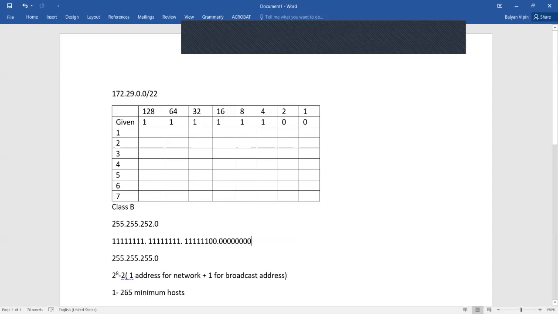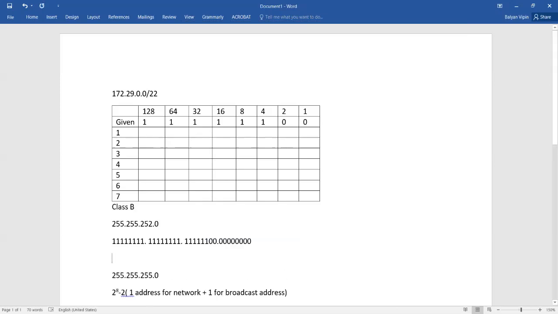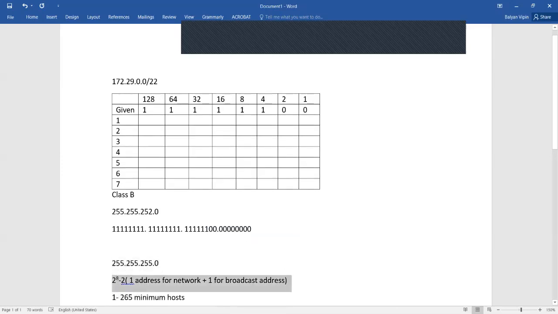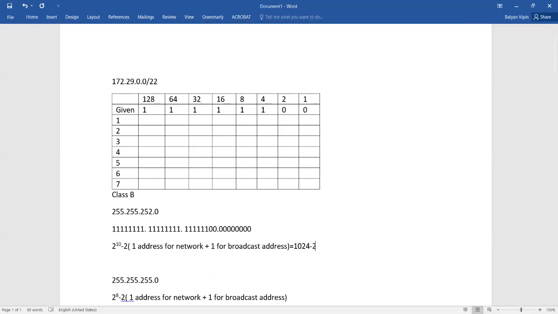The number of users it can accommodate depends on this. The same rule applies here: 2 raised to the power 10 minus 2 users it can accommodate, which equals 1024 minus 2.